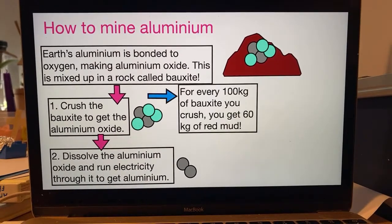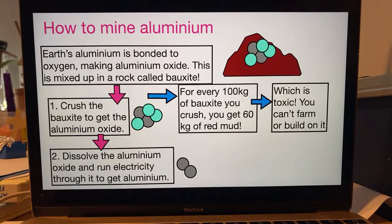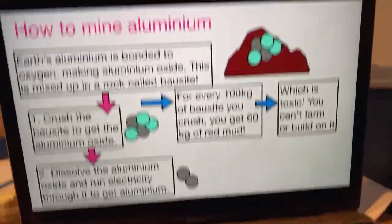Guys, it turns out for every 100 kilograms of bauxite you crush, you get 60 kilograms of this red mud. And the problem with red mud is, I'm laughing because I didn't know this, it's horribly toxic. You can't farm on it, you can't build on it. Lots of children in Africa and India where they dig this stuff out of the ground are told not to go and play in certain places because it's got very, very dangerous red mud on it. I should say that,